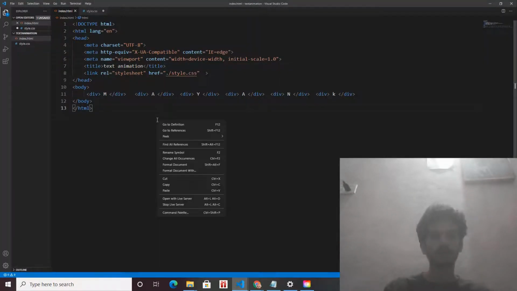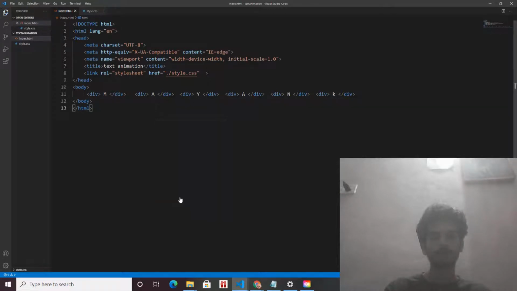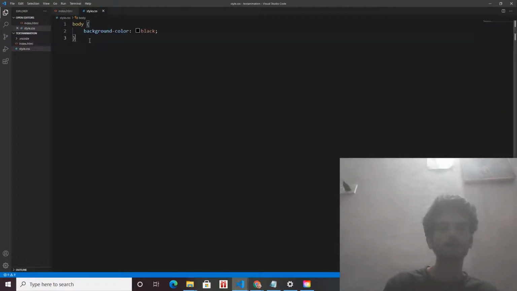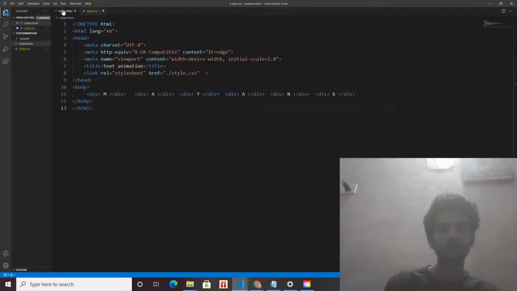I have not opened live server, so open live server. Yeah, it works. The background color has been applied. Let's go ahead. I have given my name, so now it's time to select the divs. When I type div, it selects all the divs. I have 6 divs, and I want all 6, so it is going to select all of them.